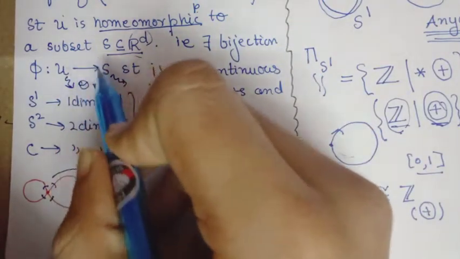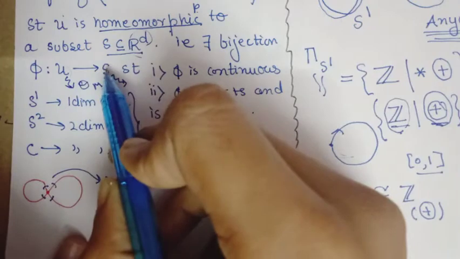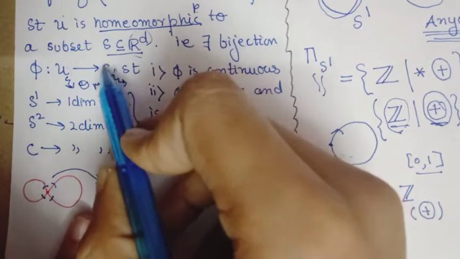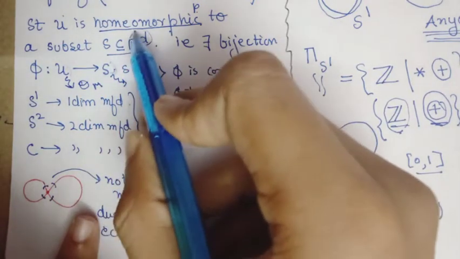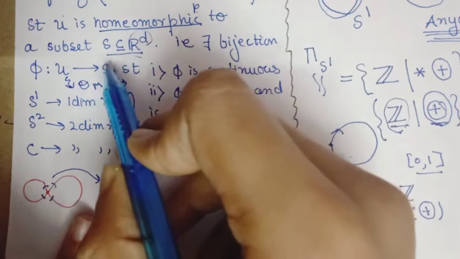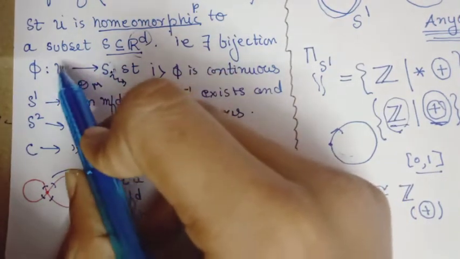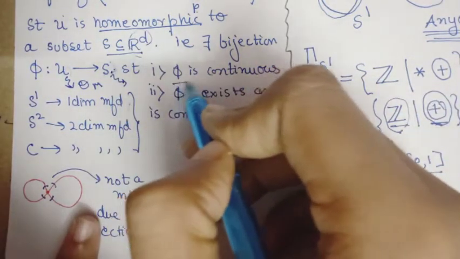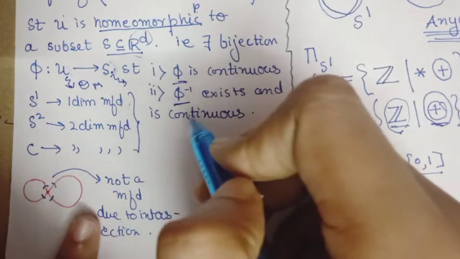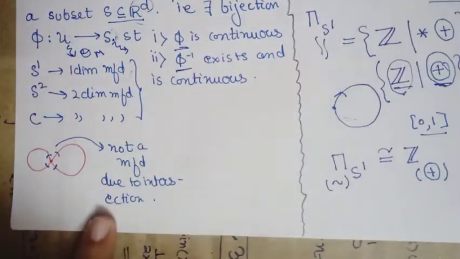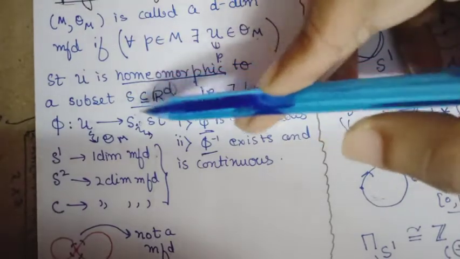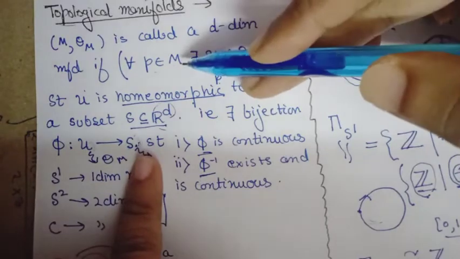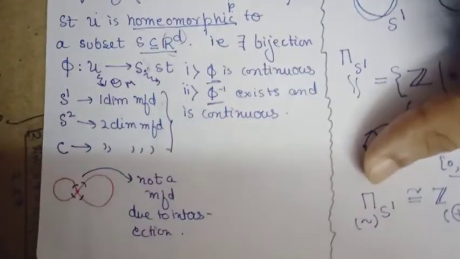Homeomorphism preserves the open sets. So the preimage of an open set here, with a proper topology induced from the standard topology of R^d, is an open set here, and the preimage of an open set here is an open set here, under the phi and phi inverse maps. If this happens for every point in the topological space M, then we say that M is a manifold.